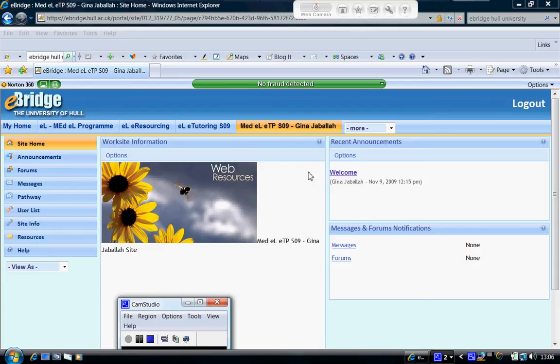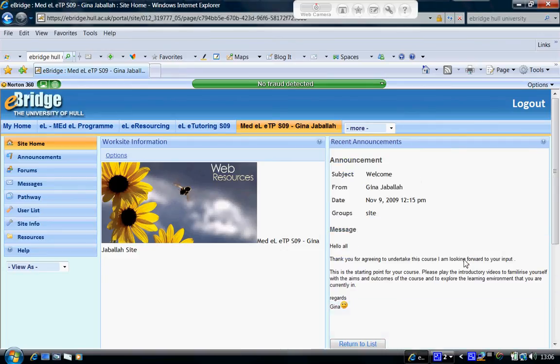You have your main area, here called worksite information. Here I'll store images, or maybe the video for exploring the site. On the right hand side we have recent announcements, so if I click on the first announcement, it comes up there and you can read it from there. Okay, it's going to be quite a straightforward format, and the first thing, once you've read the announcements, you need to